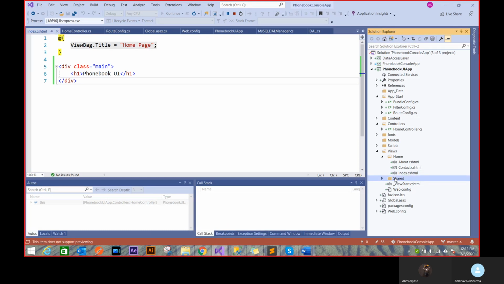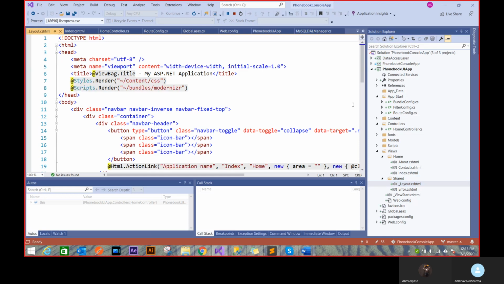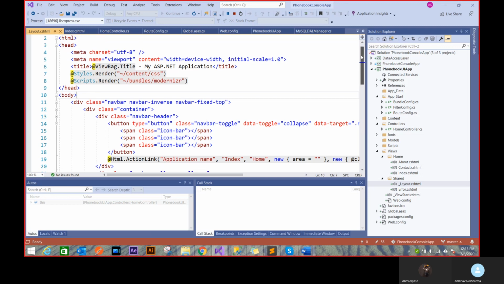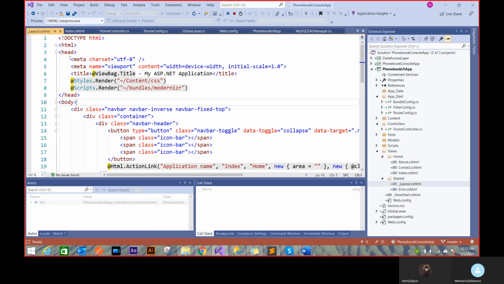Now, if there's a Shared folder, you can imagine I can never create a shared controller, otherwise I'll break those conventions, right? There's no point creating a shared controller. Next, in Shared you'll see there's a _Layout.cshtml. If you open this, you'll see that it now has an HTML head and body. That's like the starting of the whole HTML. Every time I open HTML, I will have this head and body.